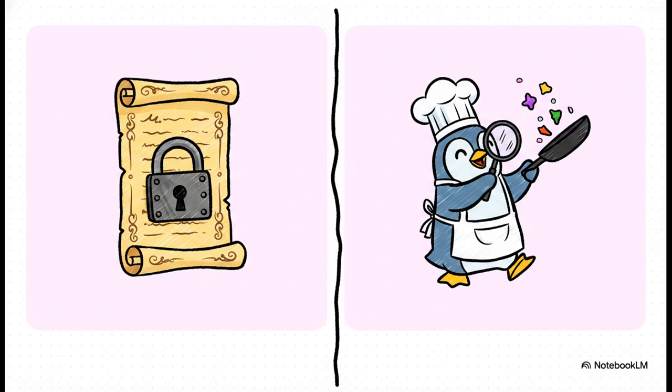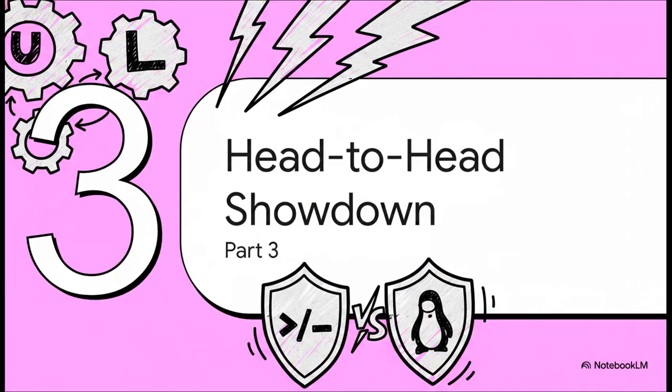It's kind of like, think of Unix as this legendary secret family recipe. Linux is a chef who meticulously studied that recipe and then cooked up something very similar, but it's entirely their own distinct creation. Linux is what the industry calls Unix-like. It looks and feels similar, but under the hood, it is not Unix. So how do they actually differ in everyday practice? Let's get into Part 3, the head-to-head showdown.